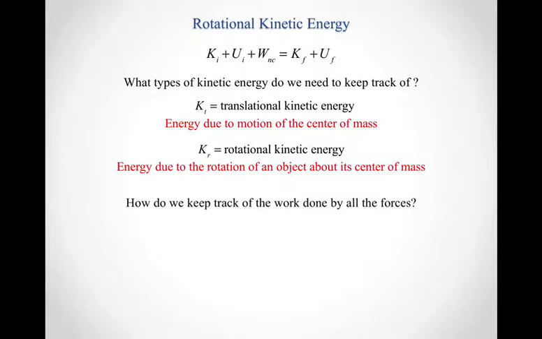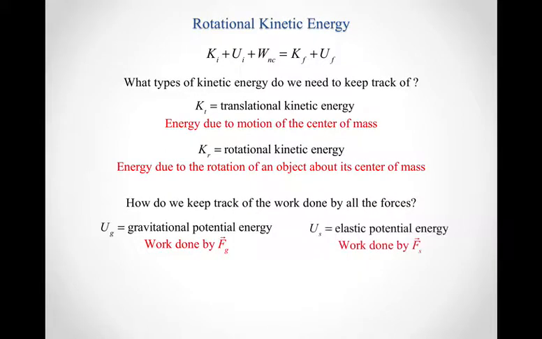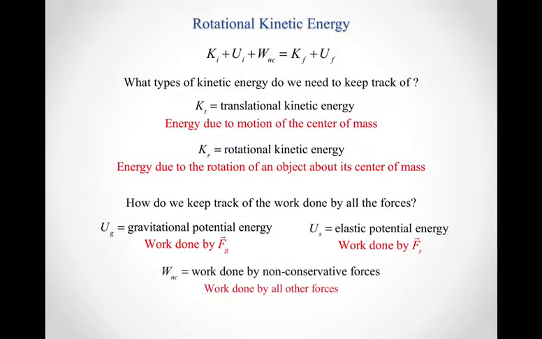Again, everything else is the same. So how do we keep track of the work done by all the forces? Well, there are two potential energies that we're going to use to keep track of the work done by our conservative forces. So the gravitational potential energy, the elastic potential energy. We'll determine what the 0 point is going to be for those potential energies if we need to use them, and then figure out what the potential energy is initial and final relative to that 0 point. And then the work done by any other force is still going to get grouped into this work done by non-conservative forces term. So the only thing that's really changing here is that now when we think about the initial kinetic energy,